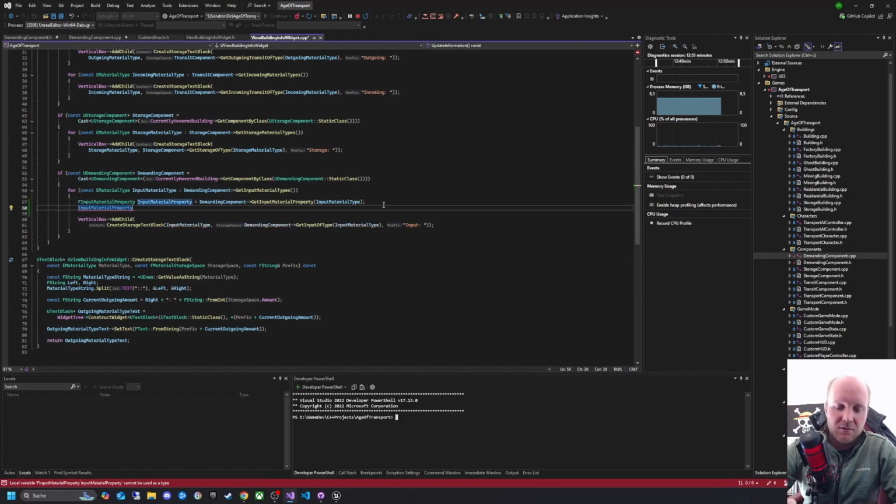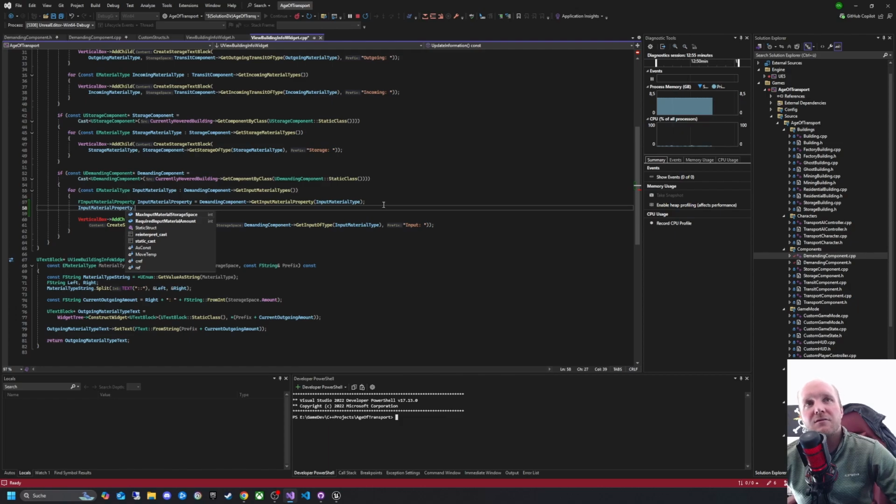Check out max input material storage space. This is one to show for each